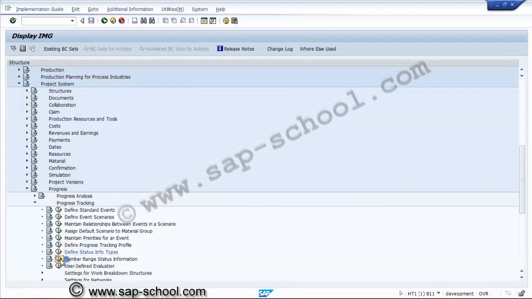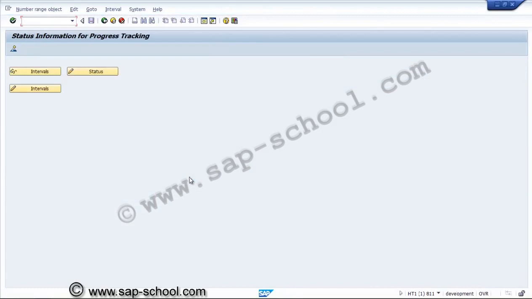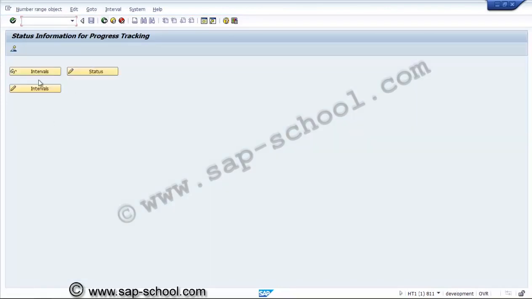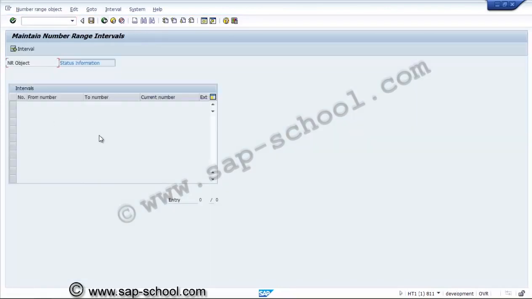Number range status information. Here we'll see whether any number ranges are available by default or not. None are available, so we'll create one number range